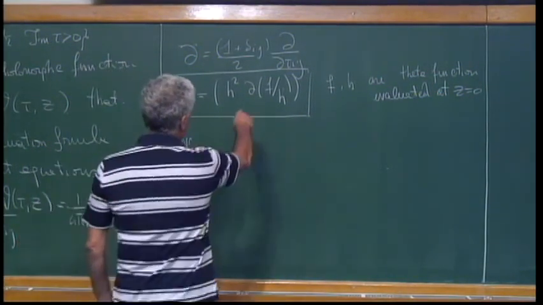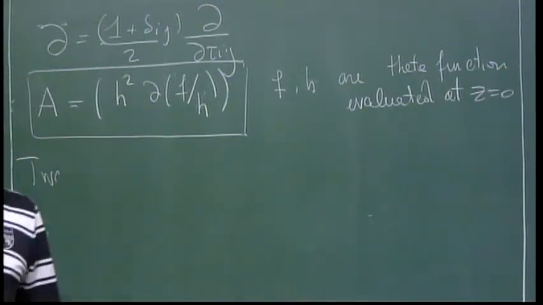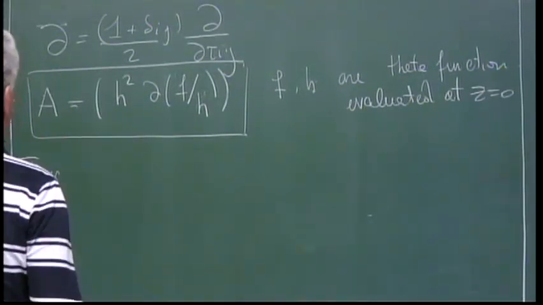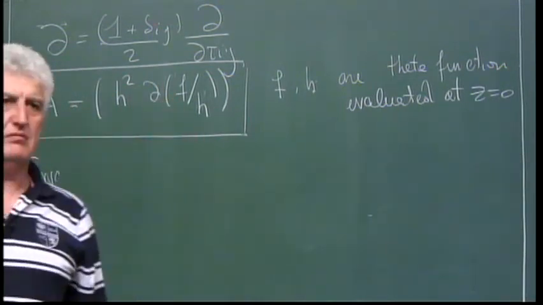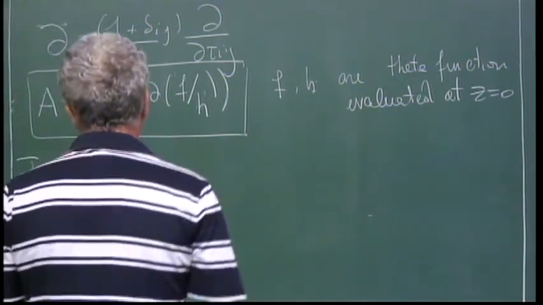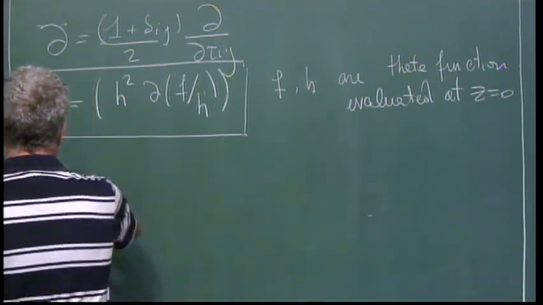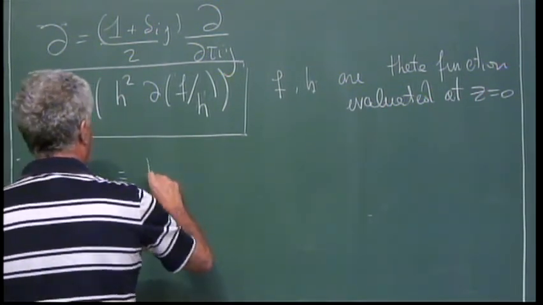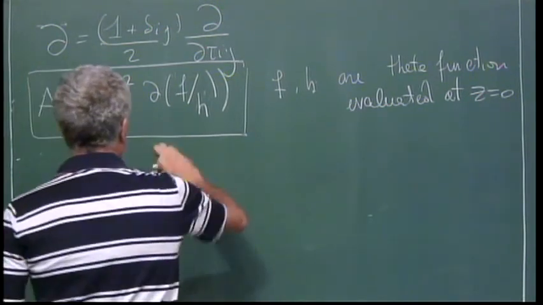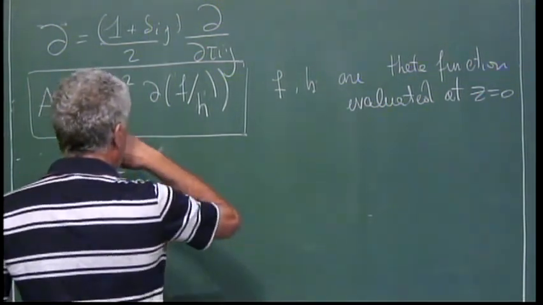No, this is a matrix operator. It's a matrix operator, so this is g by g symmetric matrices. So if you want, maybe it's better: A_ij is equal to h square, I forgot the h square,